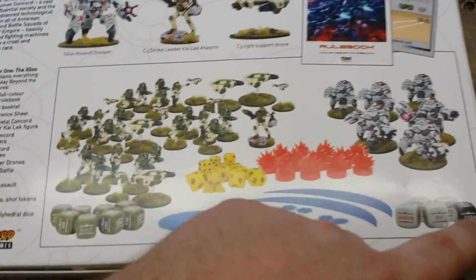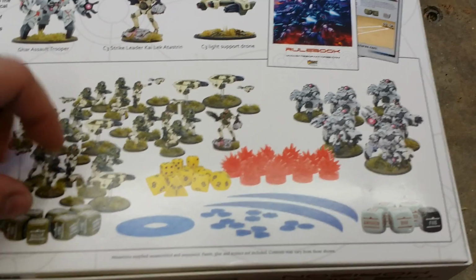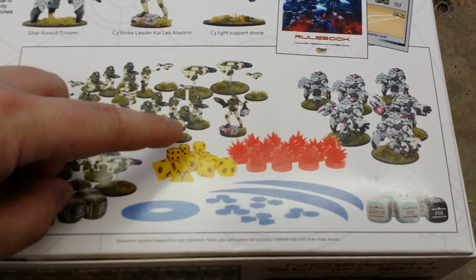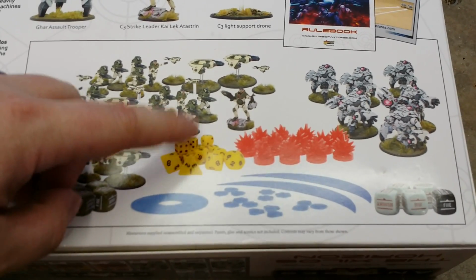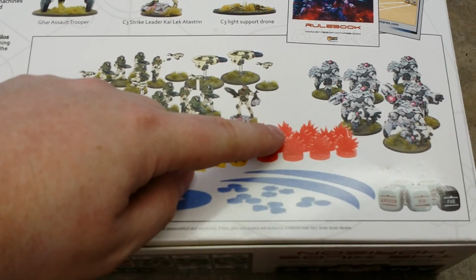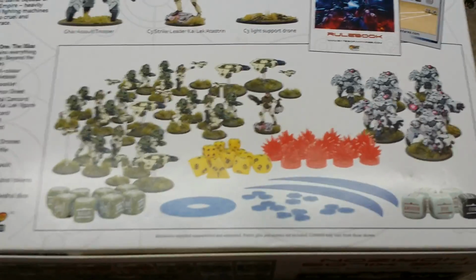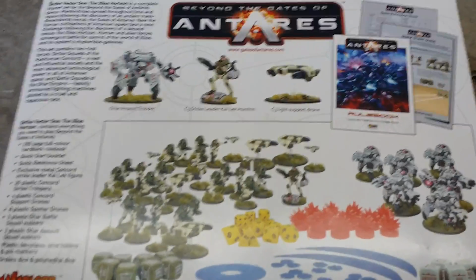You've got the different dice for each faction because it's a blind draw system. If you've played Bolt Action before, very similar. You've got different dice for the attack results and so forth. You've got what I assume is going to be pin markers. I don't really know. And then a full hard plastic template that comes in there, and there's the real moneymaker here,